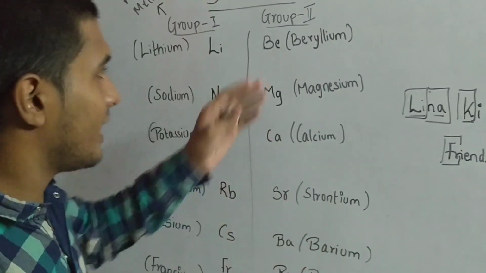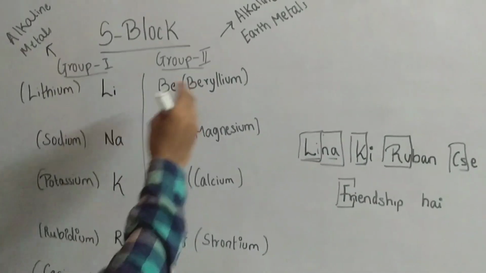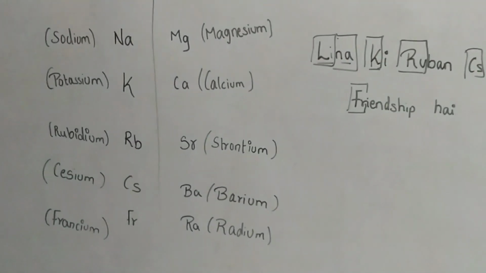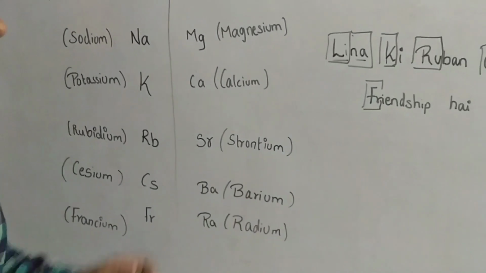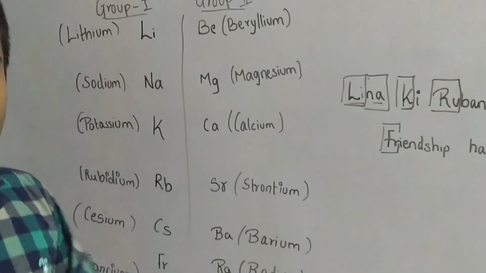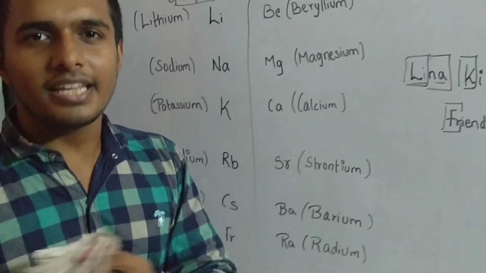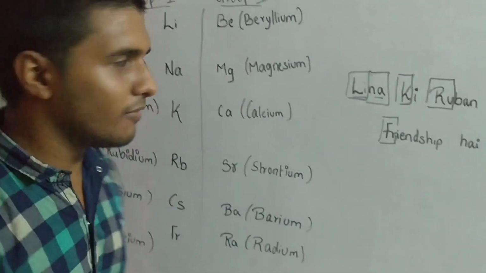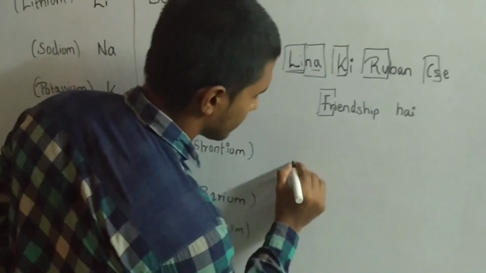So let's move on to the second one, alkaline earth metals, group 2, which contains beryllium, magnesium, calcium, strontium, barium and radium. The first was a little bit of Hindi tone. The second will be purely Hindi, so it might be a little hard for the English speakers, but I will make it easier by writing in English itself. So for the group 2 elements, the line goes